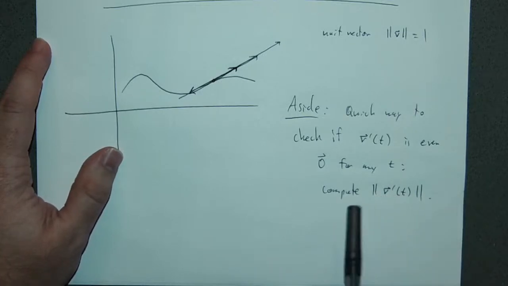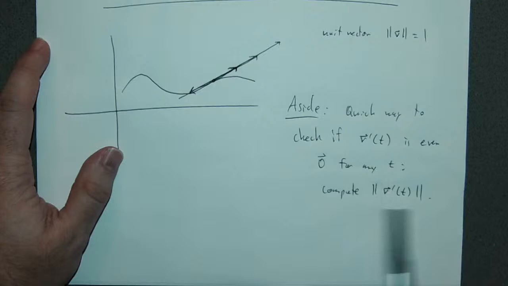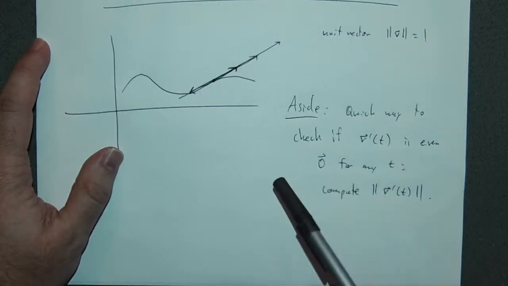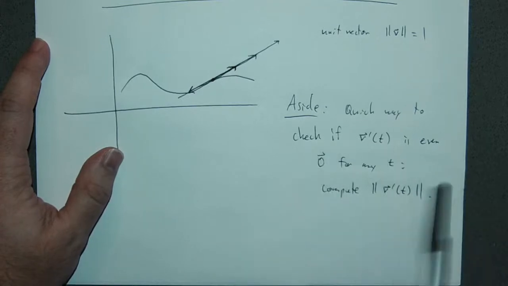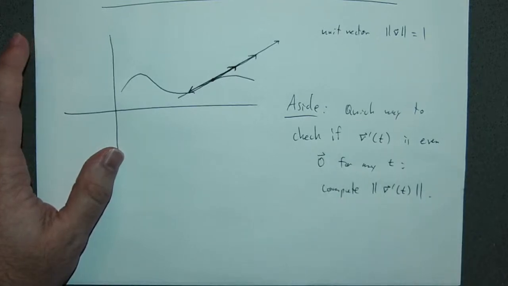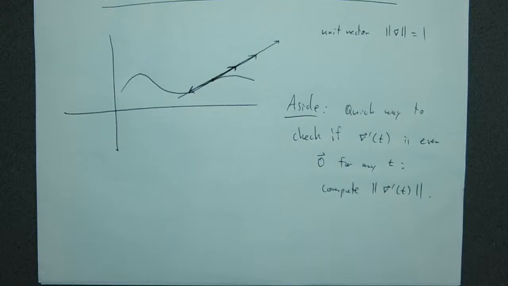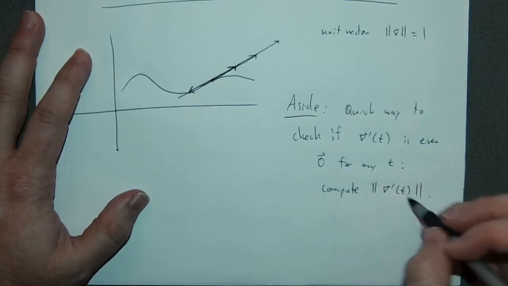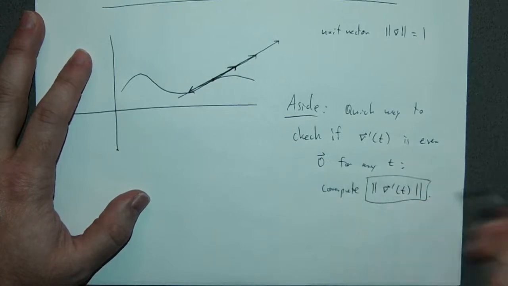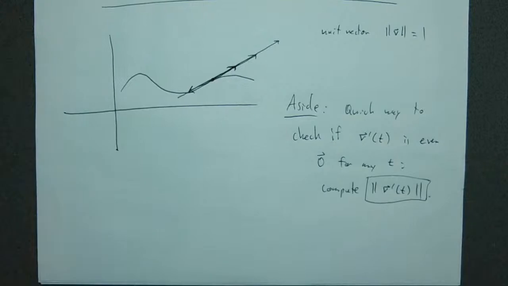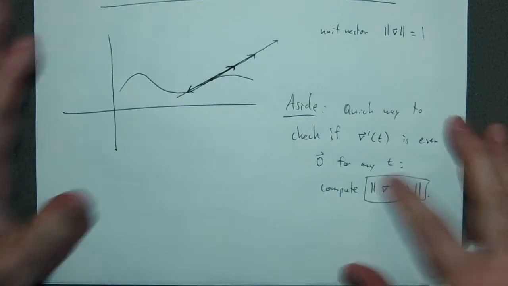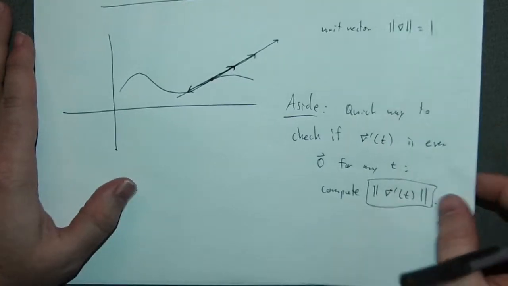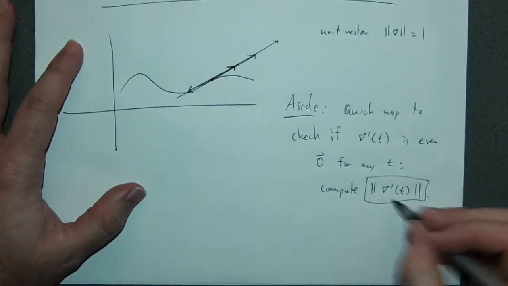And so all you have to do is figure out whether or not this thing can ever be 0, versus checking whether each component individually could be 0 simultaneously. Another reason this is nice is that a lot of times you have to compute this anyway for the computations you're doing. So this is a good idea to do anyway. And so, of course, compute this and check